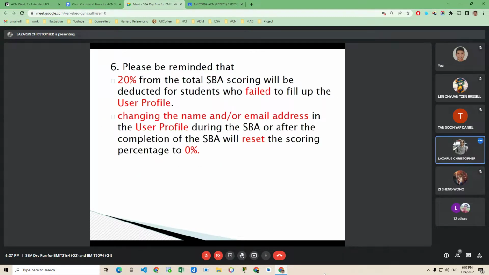Right. So again, if you don't fill up your profile just now, 20% of the SBA scoring will be deducted. Very important, 20% is a lot. Okay. Right. And then again, you are reminded if you change your name or email address again after, during or